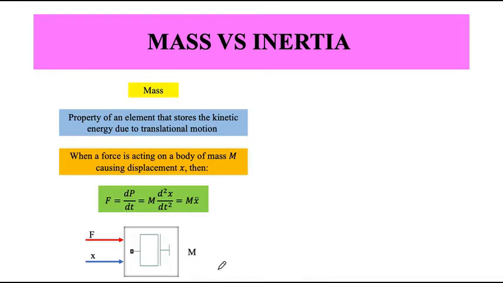Okay, if I use the relationship between momentum and velocity, momentum is related to velocity as p equals mv, where velocity, if I write in terms of displacement, I will write m dx by dt, and then I will have the final relationship as m d square x by dt square, double differentiation of x. Or usually also referred to as force equals m into a, mass times the acceleration.